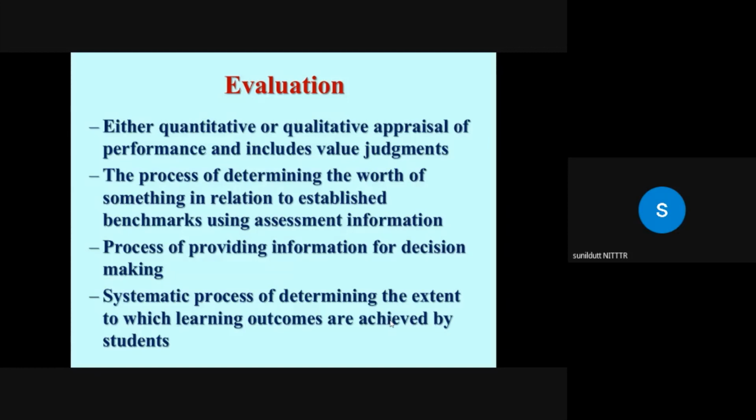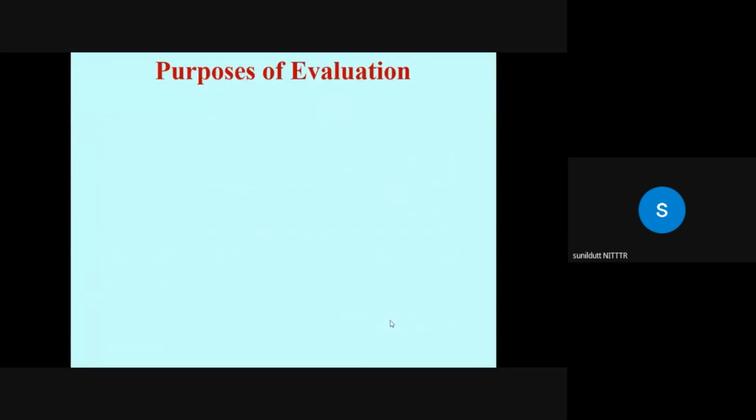The evaluation process begins with writing the learning outcomes, then writing the items corresponding to those learning outcomes. So if there is a one-to-one correspondence between the statement of the learning outcome and the statement of the question, then that item will provide valid and reliable results. Now coming to the purposes of evaluation, the basic purpose is to obtain information.